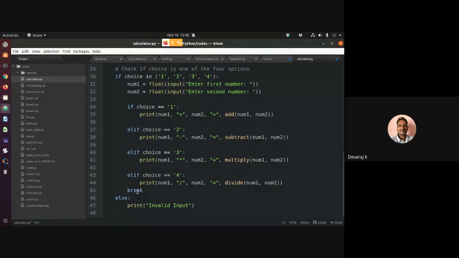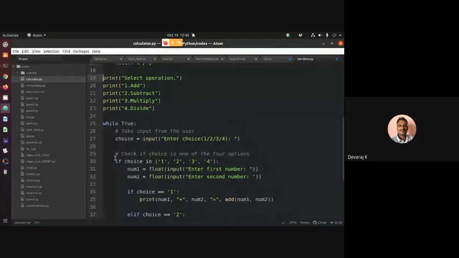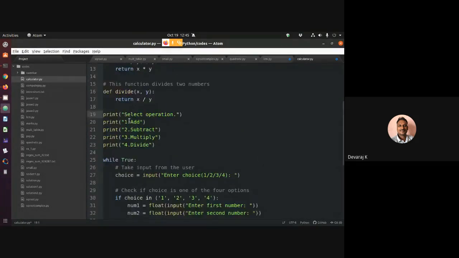Any one of them has to come out. If any of the input is wrong, it has to give an invalid input. Now I have four choices, either 1, 2, 3, 4. So 1 is addition, 2 is subtraction, 3 is multiplication, 4 is division.